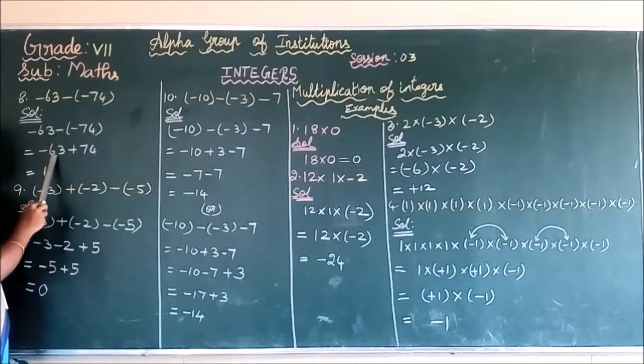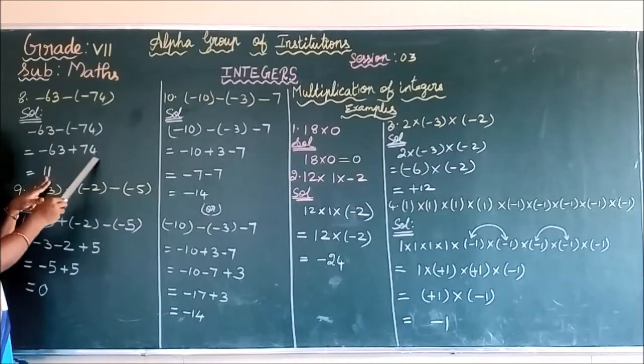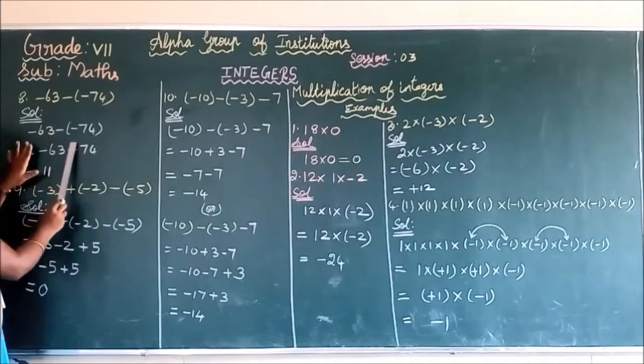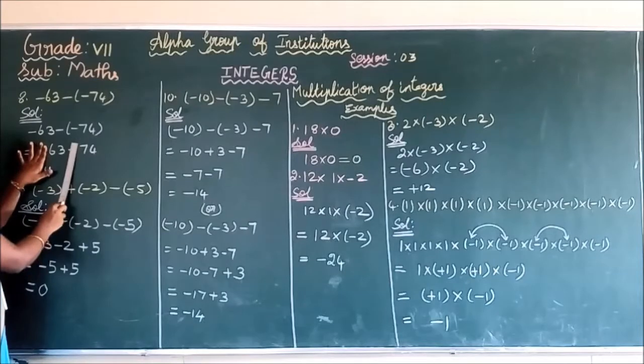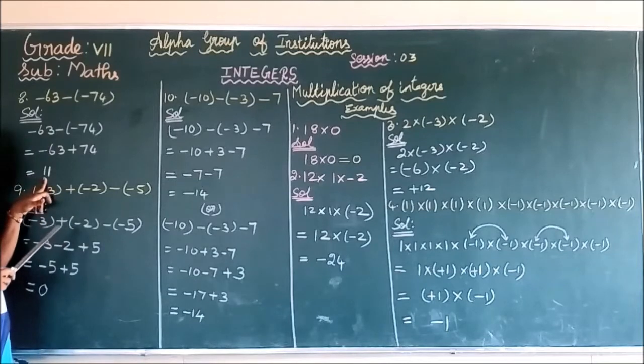Now we are going to subtract the 63 from 74. So the result is 11. And the result gets the symbol of the larger number. Among the 63 and the 74, ignore the sign, children. Among the 63 and the 74, which is the larger number? 74. What is the symbol for 74? Plus. Thus the sum takes the symbol plus.